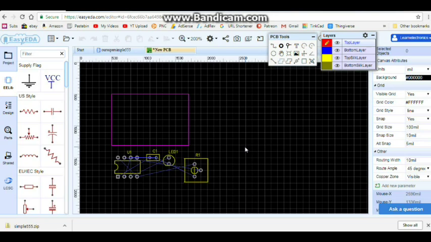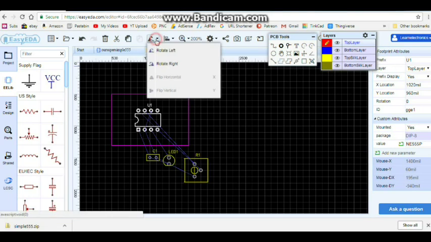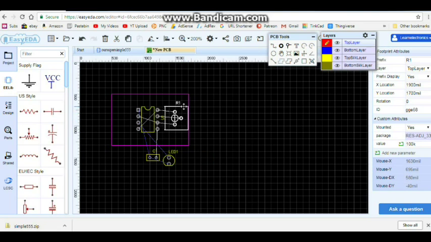Okay, so we have our PCB editor open here, and you can see we have our layers, we have some drawing tools, and we have our parts. So the first thing I'm going to do is I'm going to bring our 555 timer here, and then I'm going to rotate it right. Maybe bring it up a little higher, not like that. Then I'm going to come over here and grab our potentiometer, bring it up here like that,